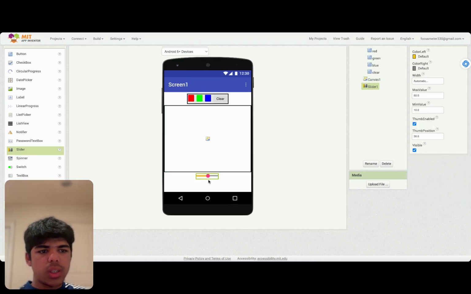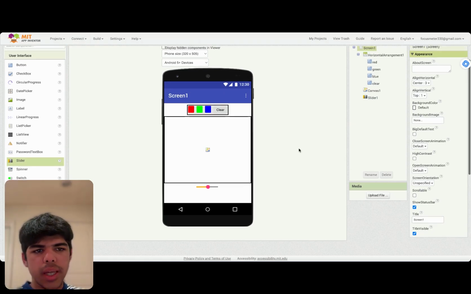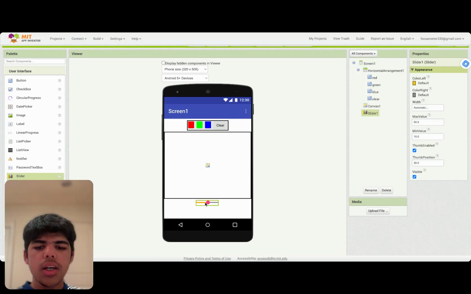Now I'm going to explain what the slider is for. What we're going to do with this slider is control the thickness of the brush. You know how in Microsoft Paint, for example, we can paint with different thicknesses and it looks nicer. So we're going to try to replicate that at a very simple level. So what we want to do is select this slider. And since there's only one slider, we don't really need to rename it, but make sure that the min value